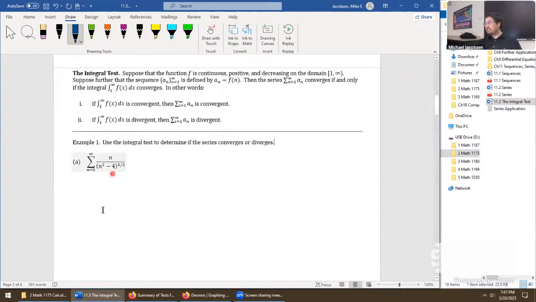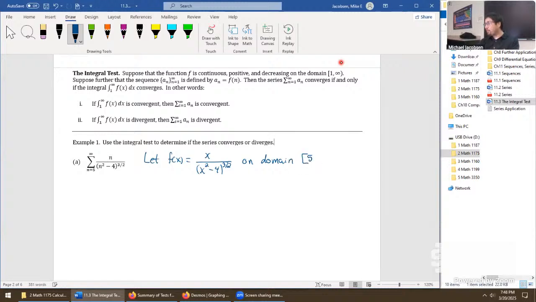Here's how it starts. We see the series, but we immediately change it out for a function. So we'll say let f of x be defined as x over x squared minus 4 power 3 halves. We have to give it a specific domain. Here's how the test is indicated at the start. I will say for us, on domain,